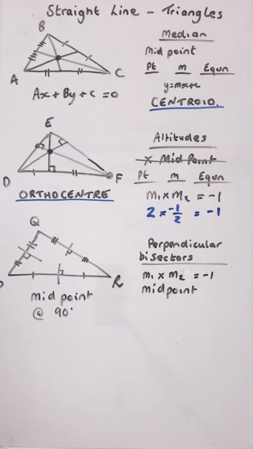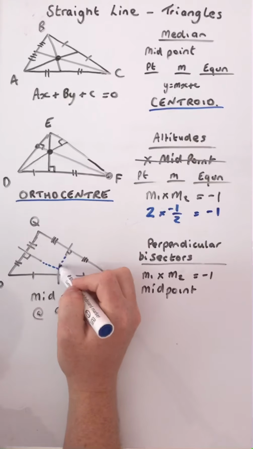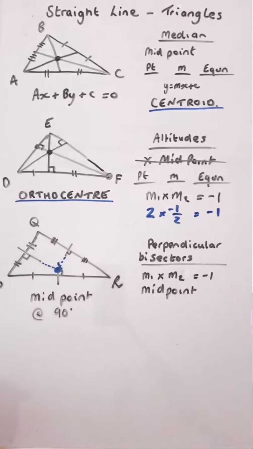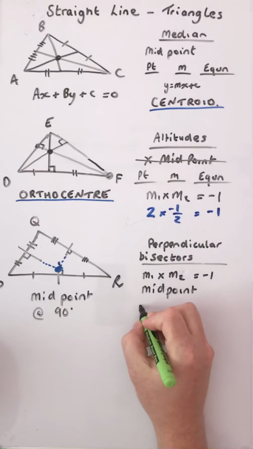Now we had some ghost lines here. Then we have a point of intersection, again with these three perpendicular bisectors, and these meet at